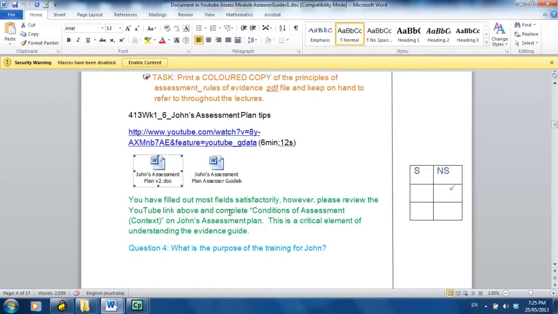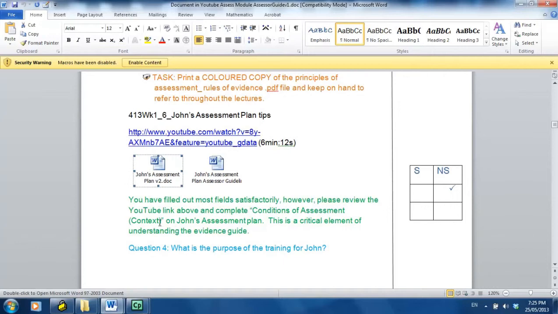In order for her to be deemed satisfactory in a product, and don't forget a product is strong evidence, it wasn't just one question out of 9 that we could give her a quick phone call about. We actually need her to resubmit this because this is a strong piece of evidence. This is the product that we're directly observing. So we need her to resubmit this in order to become competent, and she needs to have a look at